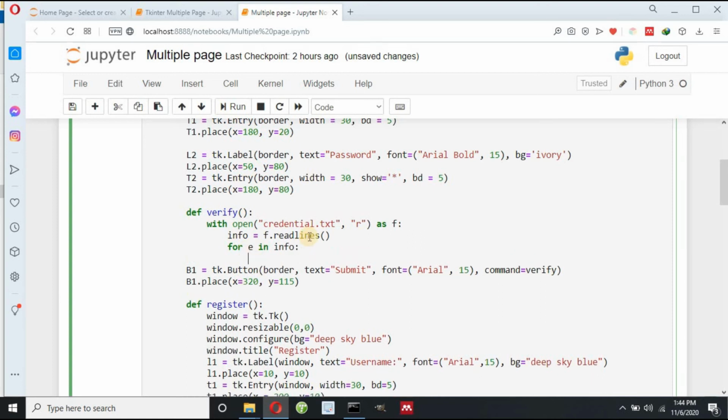So I can write username, password = e.split(','), because I have my username and password stored this way: IG Tech Team, Ishwar. Initially e equals IG Tech Team,Ishwar, and e.split(',') splits by this comma, storing IG Tech Team in the u variable and Ishwar in the p variable.